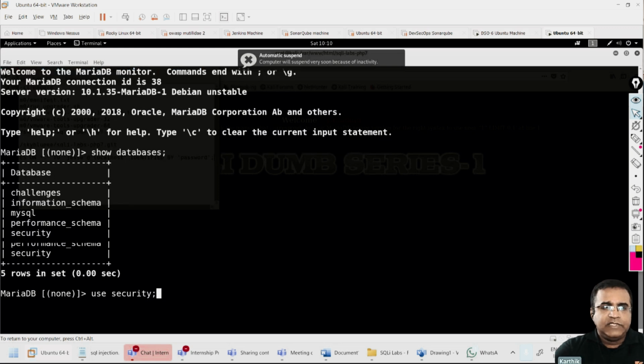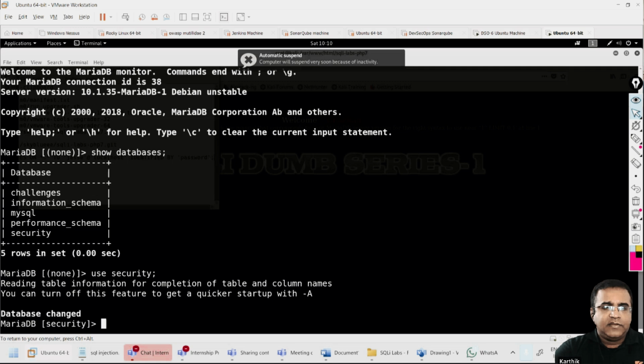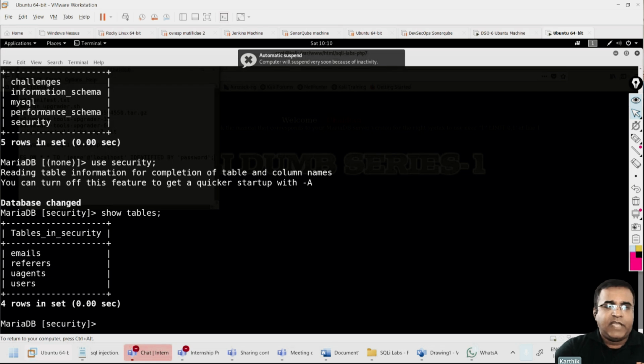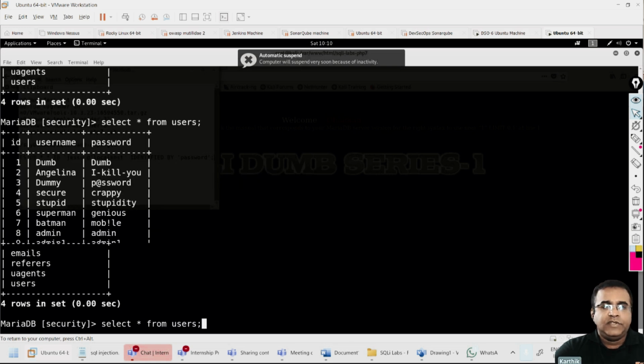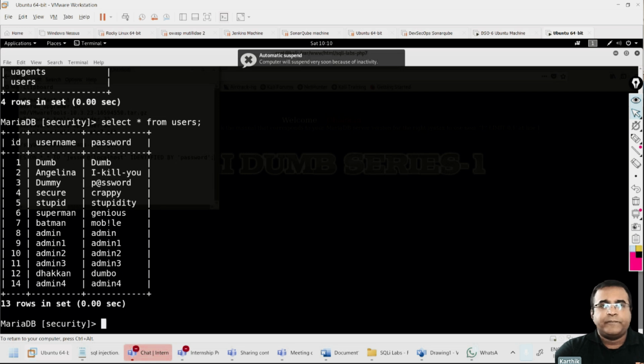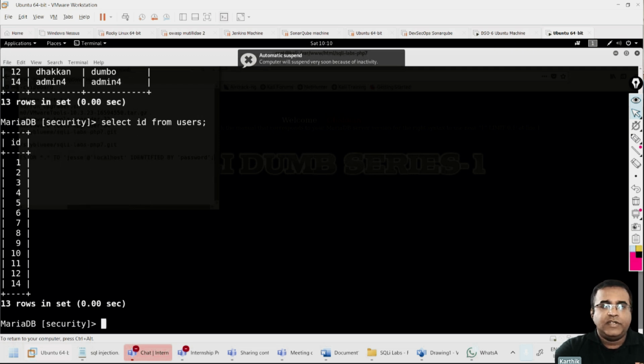And you will see here there are multiple tables already present in this database: email, referrer, UA, agent, and users. The table which is of importance for the attack vector is the users table. If I give select star from users, it is going to print out the content. Select star means I'm selecting all the columns to be displayed. For instance, if I want only one column, I can give select ID from users. It is going to print only that one column.